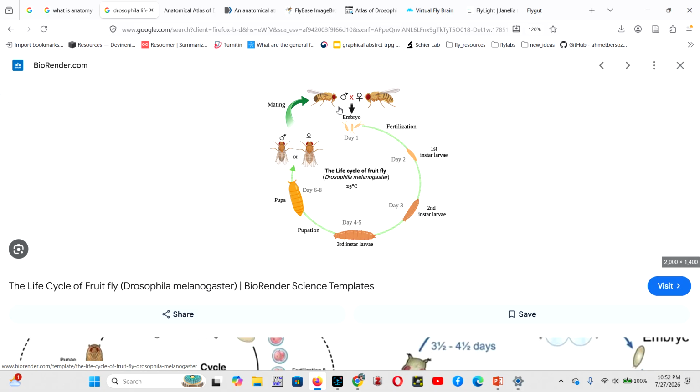Whether we talk about embryogenesis, taste, mechanosensation, development, or toxicity, this incredible model organism